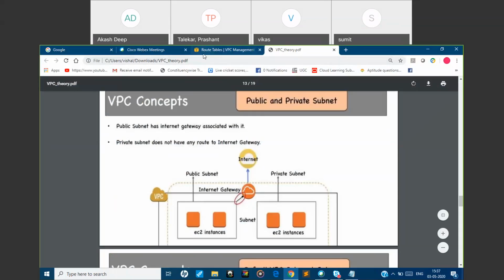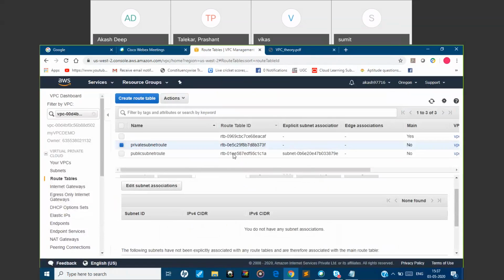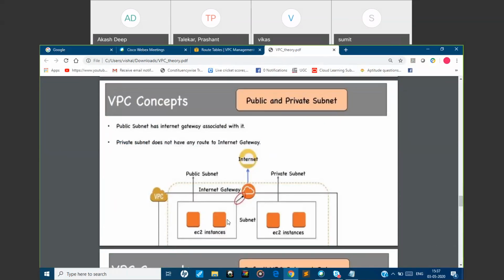That thing you can keep in your private subnet. Internally, this EC2 will be connecting with that private subnet and getting the information. That's what I mean to say, the internal aspect. Internally, it will connect with the private subnet, and whatever is required for the public, that information will be disclosed to the customer, and the others will be displayed as a field.